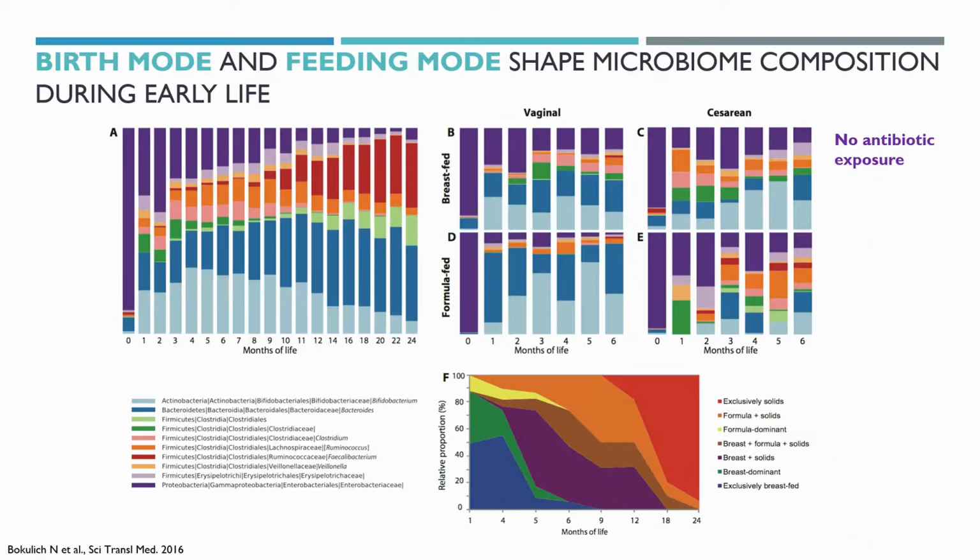Okay. So now I'm going to show you what I just told you. This is looking at the effect of birth mode and feeding mode on the microbiome composition. If you just ignore B, C, D, E, and F, just look at A. These colors represent the different types of microbes, and it's really nice because they give you everything from the phyla all the way down to the genus. Even though there are a lot of different Firmicutes, they even went further in and figured out what species